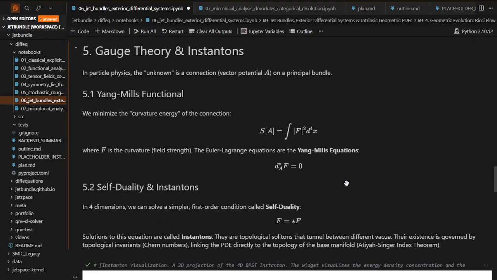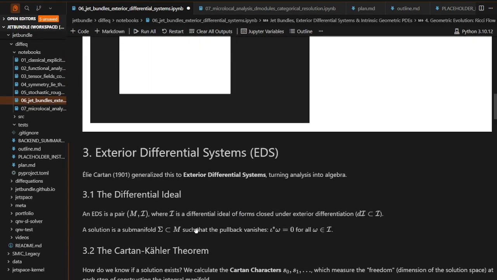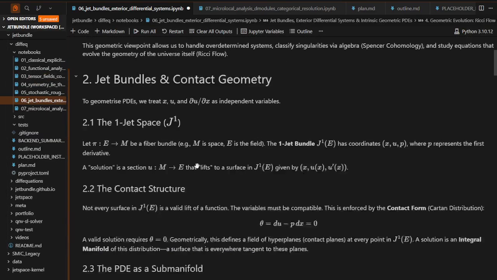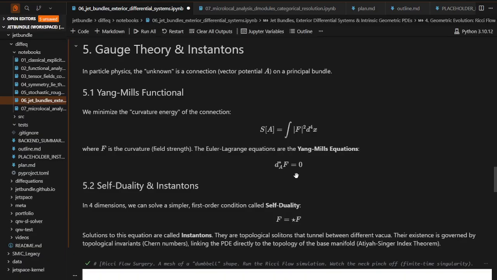Now let's talk about gauge theory. All right, so what is gauge theory? This gets thrown around a lot on the internet by people, and I don't think it makes sense until you have a proper understanding of Ricci Flow and exterior differential systems and jet bundles. We really don't have a good foundation to understand what gauge theory really is. Now, let's talk about the unknown in particle physics,